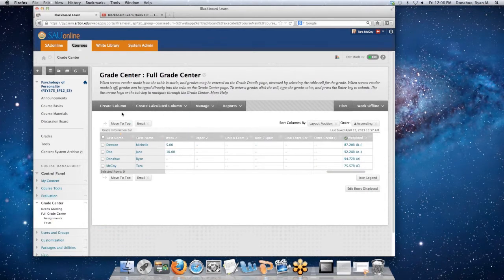And you'll notice that there are some tabs. There are automatically these tabs whenever you enter your grade center, and these are various action bars that you have available to you, and that's the create column, the create calculated column, the manage, and the reports, and we'll cover those later on. So when we go to create a column, this is when we're creating a manual column. So I'm going to select create column,